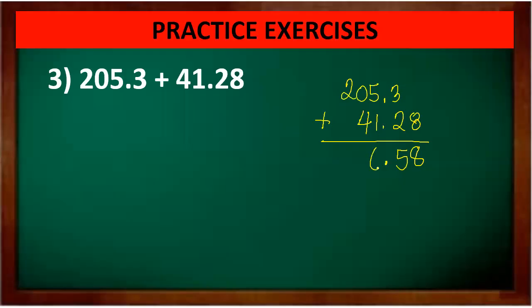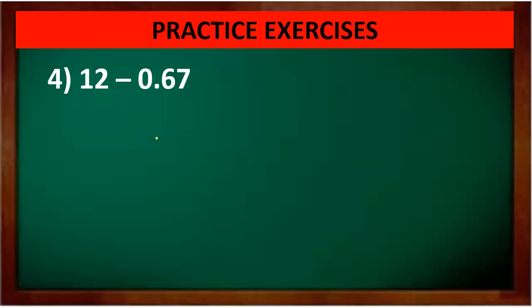5 plus 1 is 6. 0 plus 4 is 4. 2 plus 0 is 2. Therefore, 205.3 plus 41.28 is 246.58. Very easy. We still have some examples, some exercises. Madali lang yan. Okay, let's try 12 minus